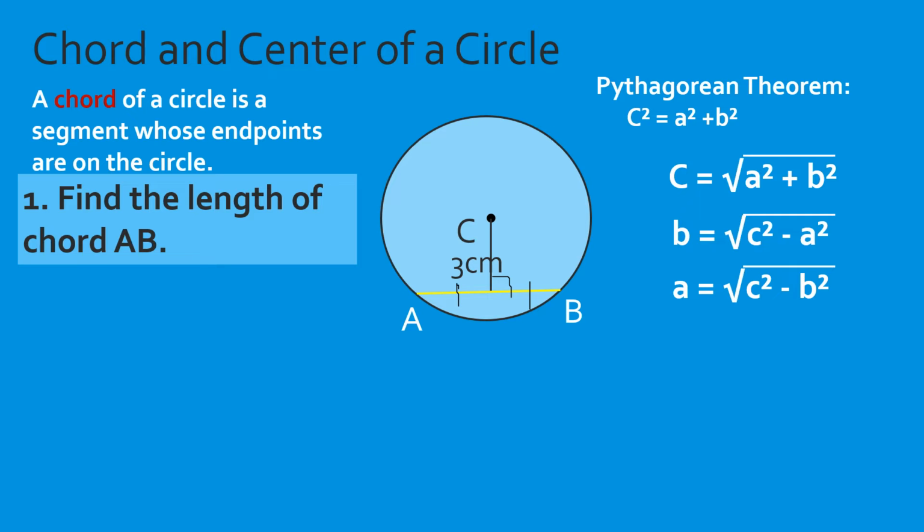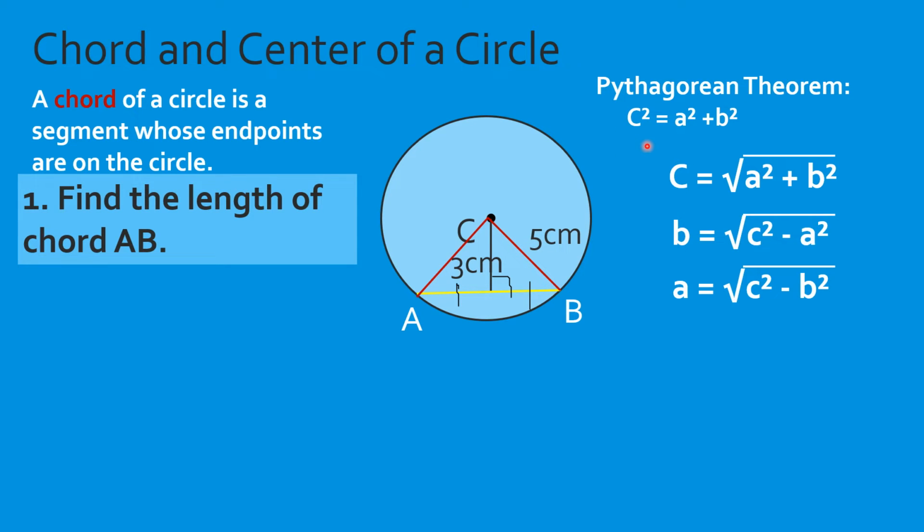Now, if we're going to draw a line from the center to one of the endpoints of the chord, that is now what we call the radius of the circle. And we can also do that on the other side. So that's another radius of the circle. Now, if the radius of the circle is 5 centimeters, we can now solve the side of the right triangle using the Pythagorean